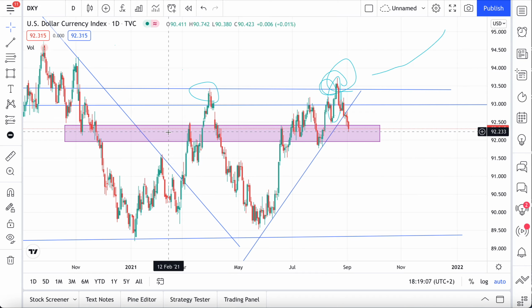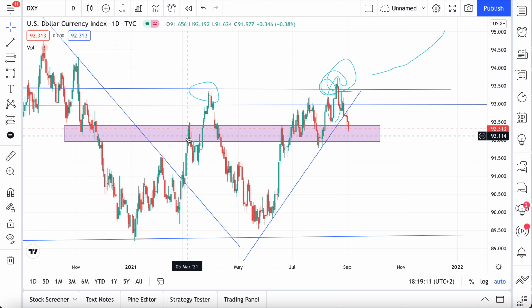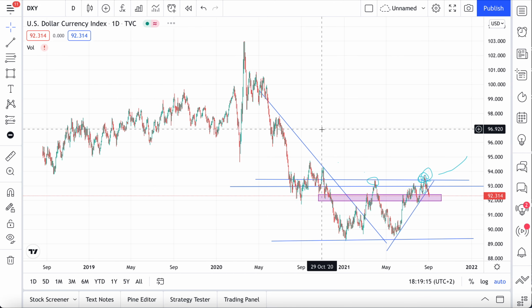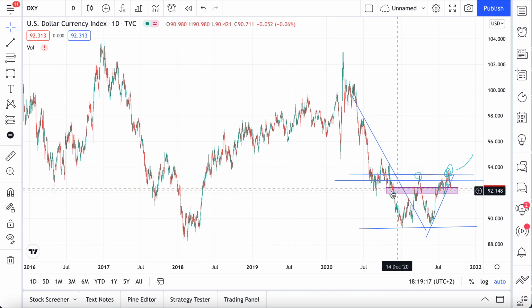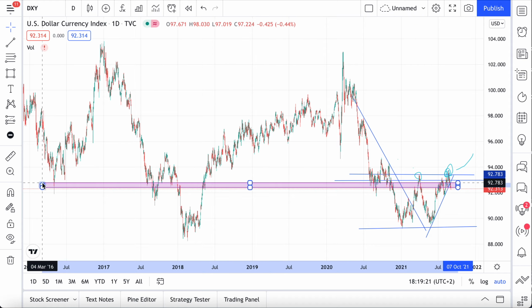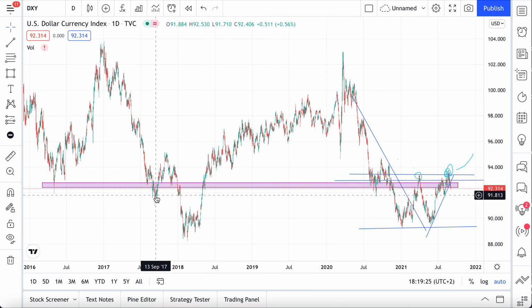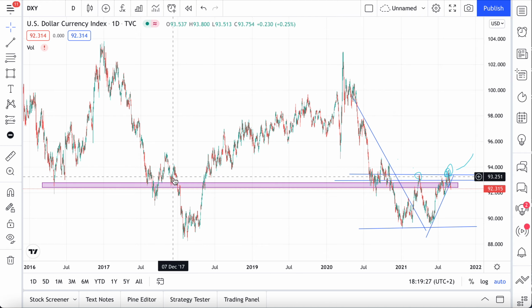You see, we had a support that broke down, and then it became a resistance, and then we had it as a support again. Let's go through the history and see what's going on with this box. This is quite important, because as you see here, we got the support, we broke it, we went down, it was a fake, we came back above it, we went down all the way again, and we broke it.